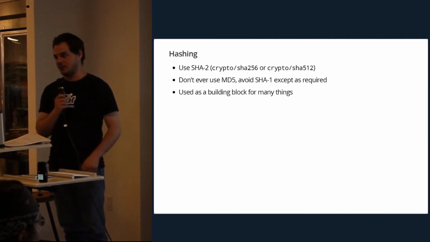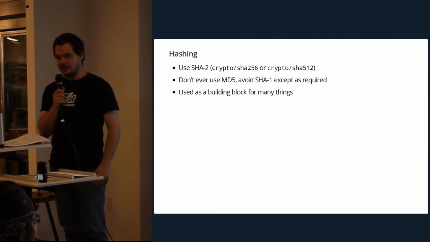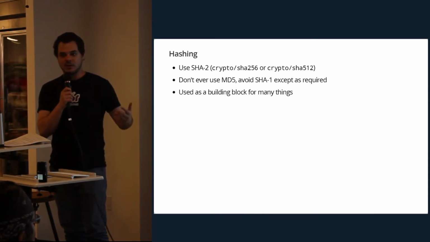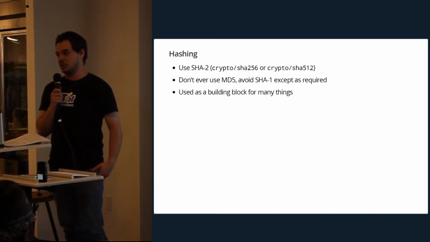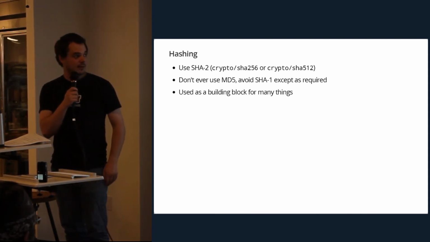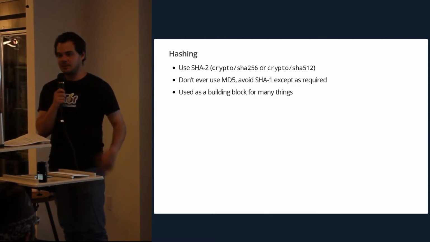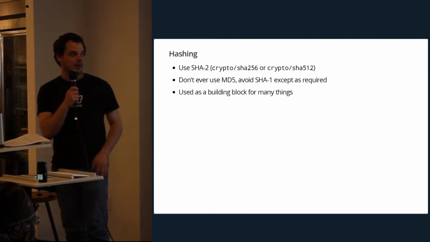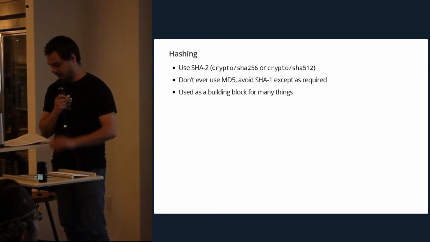Hashing stuff, right? The SHA hashing functions, there's stuff for that, and they're really easy to use. There is an MD5 package. Please don't use it for crypto stuff. Unless you're implementing a specification and it says use this, don't use it. And try to avoid SHA-1. There's no official weaknesses in it yet, but it's starting to show its age, and we have much better options for that. And we use hashing for building blocks in a lot of things.